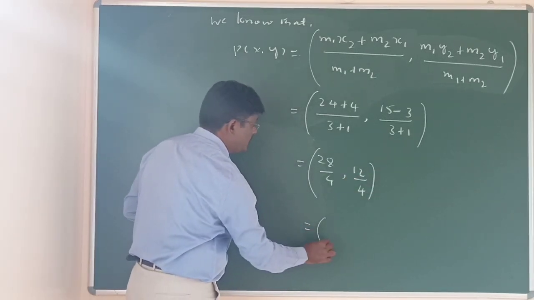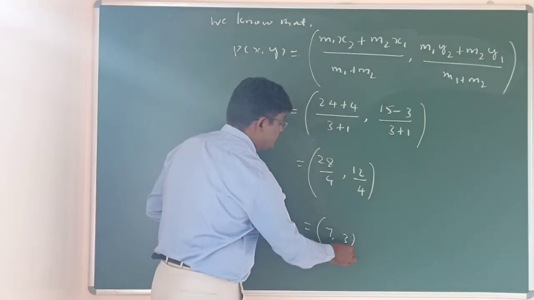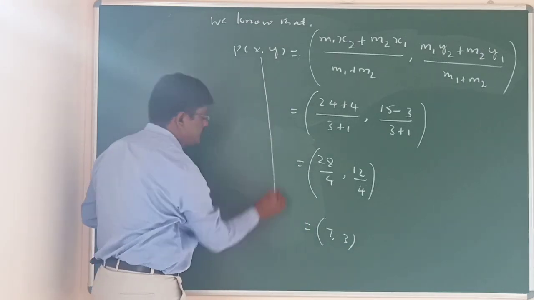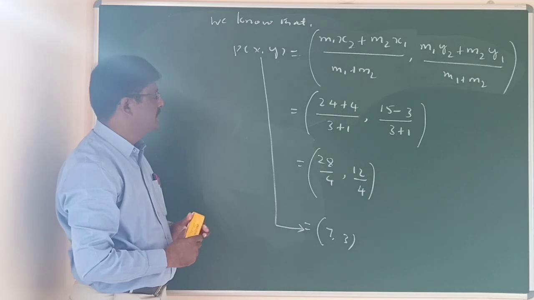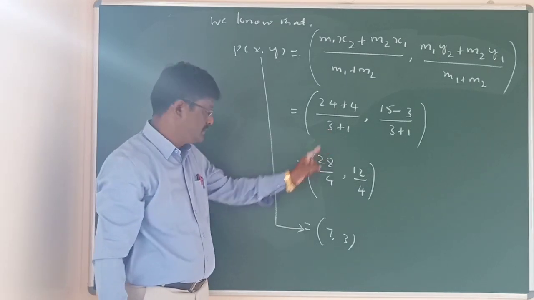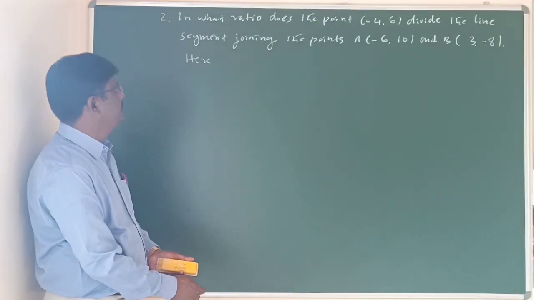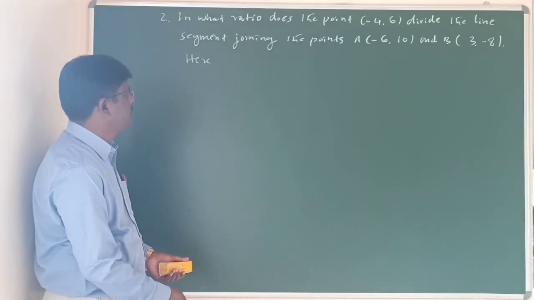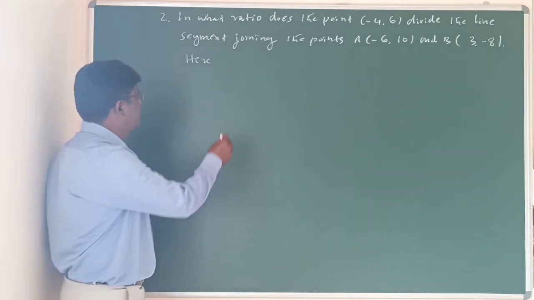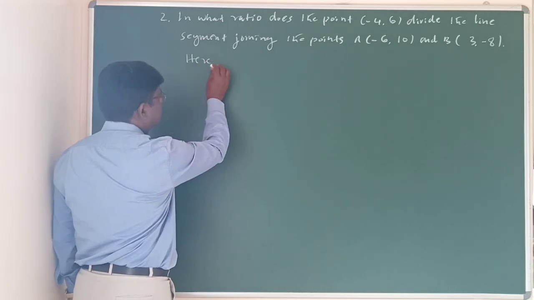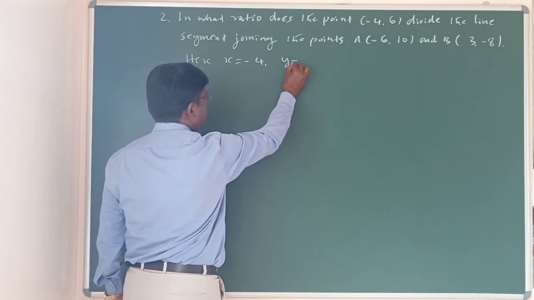Therefore 28 by 4 is 7, 12 by 4 is 3. So the coordinates of the point which divides the given line in the ratio 3 is to 1 is (7, 3). Okay children, second sum: in what ratio does the point P of x comma y, which is (-4, 6), therefore here x is -4, y is 6,